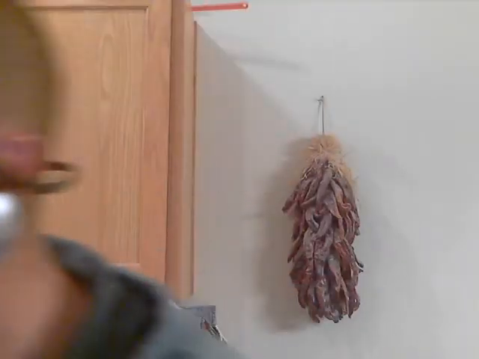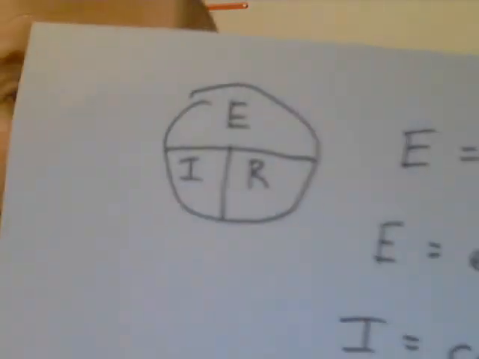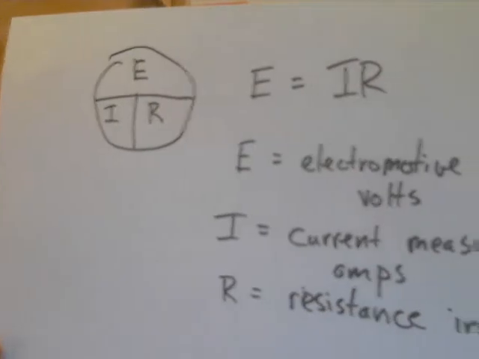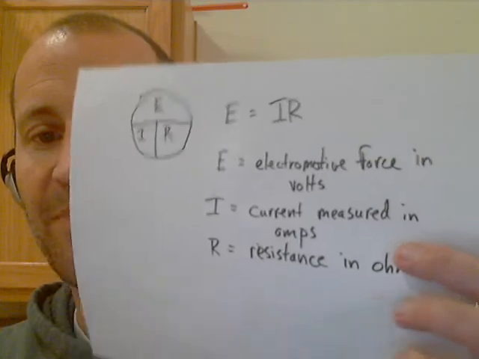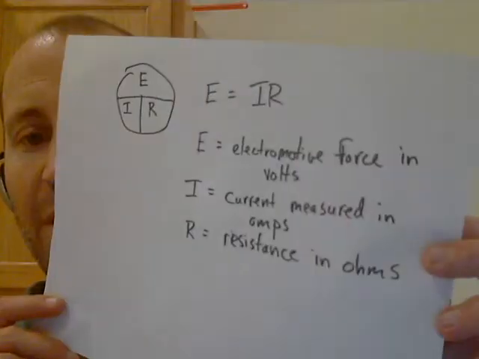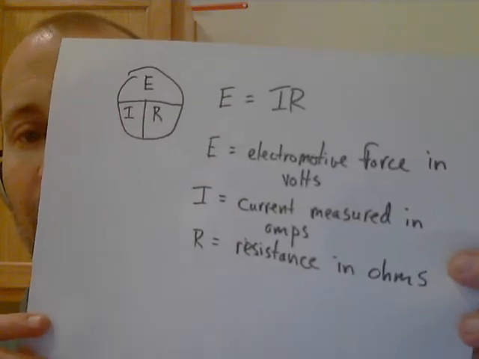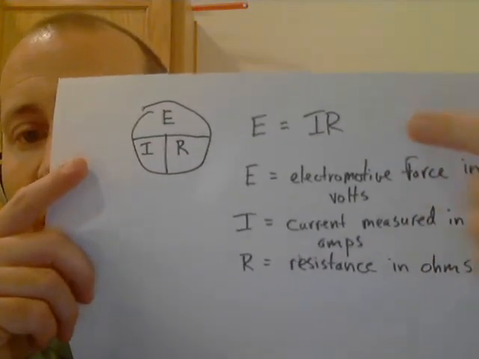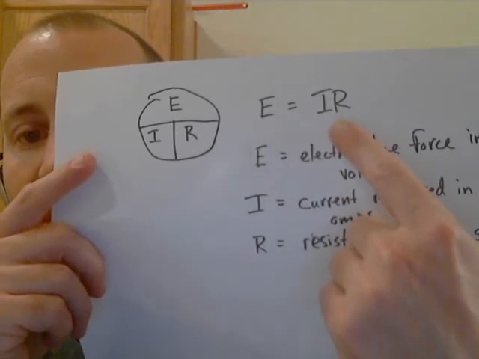So let's see how this works out. There's a basic formula that's just really basic to all electronics, essentially, and it's called Ohm's Law, named after a researcher into the properties of electricity. Let me back up a little so you can see this. Okay, so the basic formula is that the voltage is equal to the current times the resistance. In other words, I need a certain amount of electrical pressure to cause X amount of current to flow through X amount of resistance.